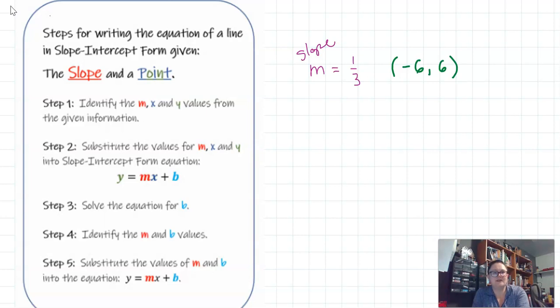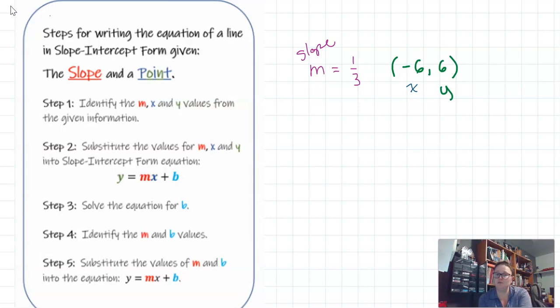Our x value, which they're doing in blue, is going to be -6. It's the first number in the point. Our y value is going to be +6. It's the second number in the point. So once you've got those, now it says substitute the values for m, x, and y into y equals mx